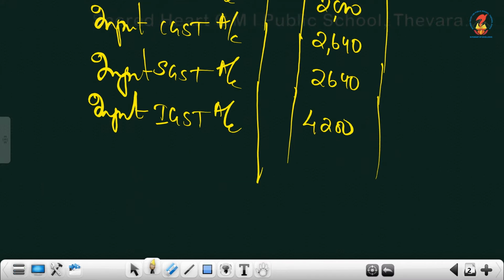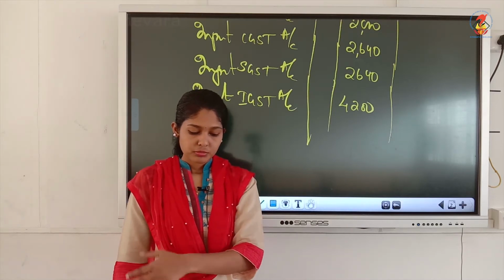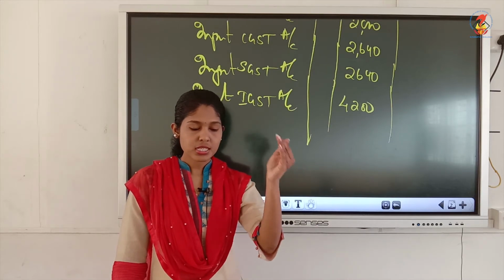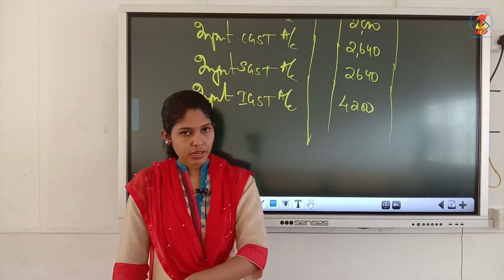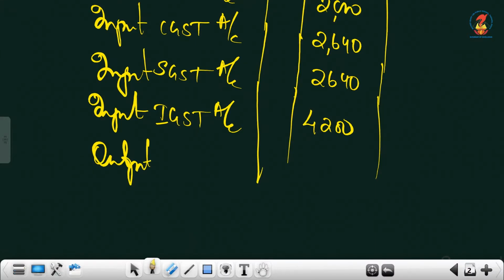Then the next one, output CGST. For that, the carry down figure is on the debit side. Normally the brought down figure would be on the credit side. Okay, carry down on the debit side, so brought down would be on the credit side. So, you can write output CGST account brought down on the credit side. So, in the credit column you have to write the amount 3000.